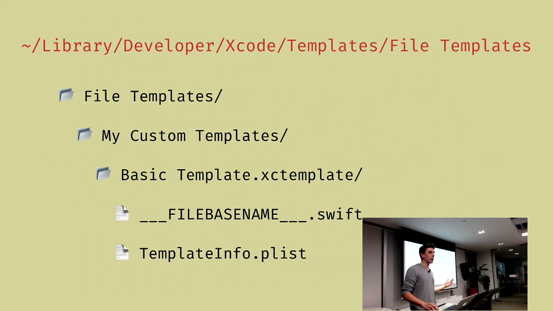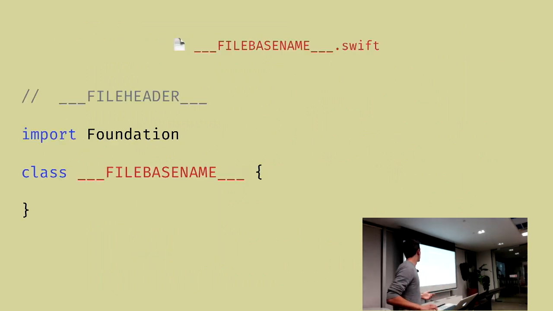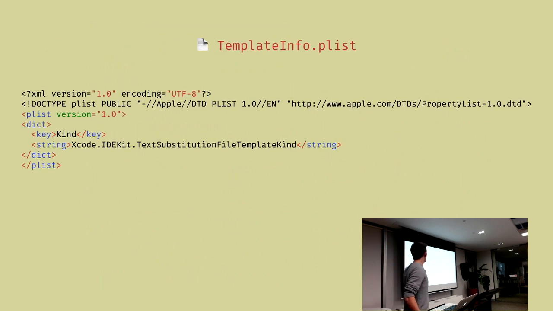So let's look a little bit in detail at what that is. So the file base name thing.swift could be as simple. Here it's a very stupid example, but let's imagine you want to create a lot of classes, and obviously you could go wild in whatever you want to customize that with. And the plist, the simplest plist you can have to kickstart an Xcode template, you just need one key, which